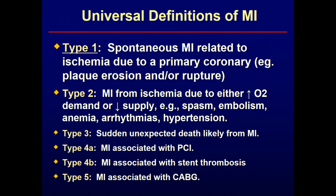Now, we subgroup myocardial infarctions by the different etiologies of that ischemia. A type 1 myocardial infarction is called a spontaneous MI that's related to ischemia due to a primary coronary event, meaning plaque erosion or rupture. And that's the classic MI that I showed you beforehand. And that's the one for which all our guideline-directed therapies are focused on, this ischemic event due to a primary